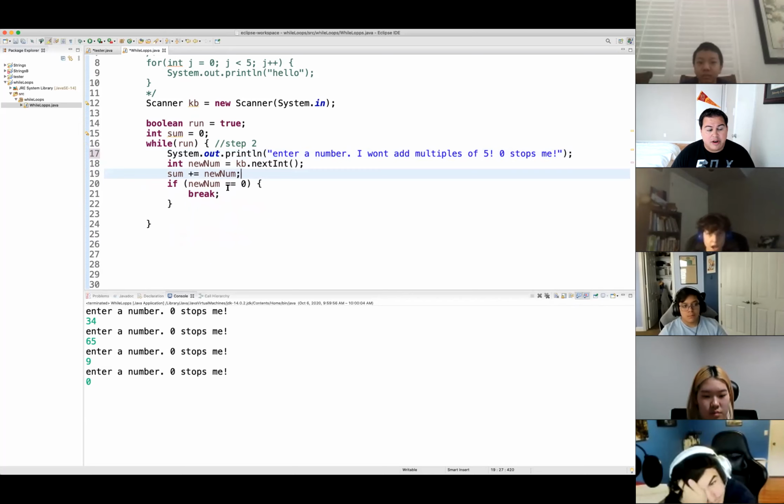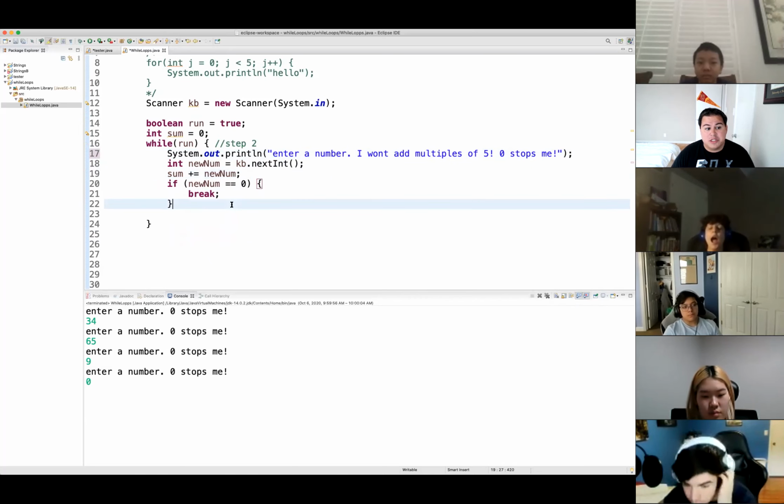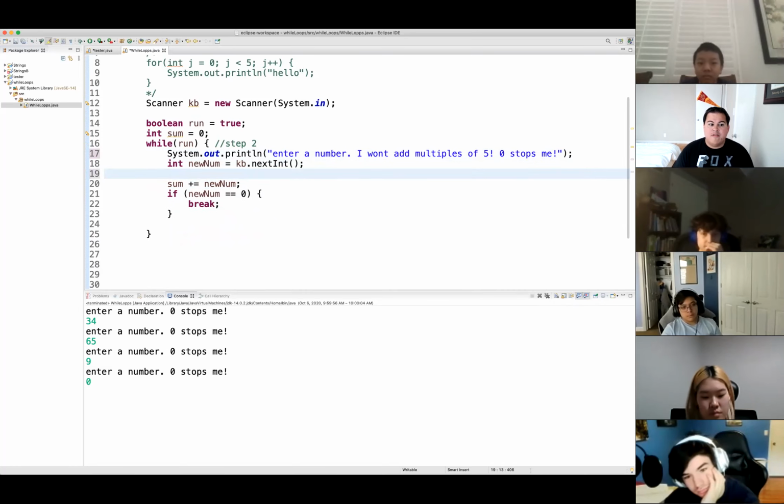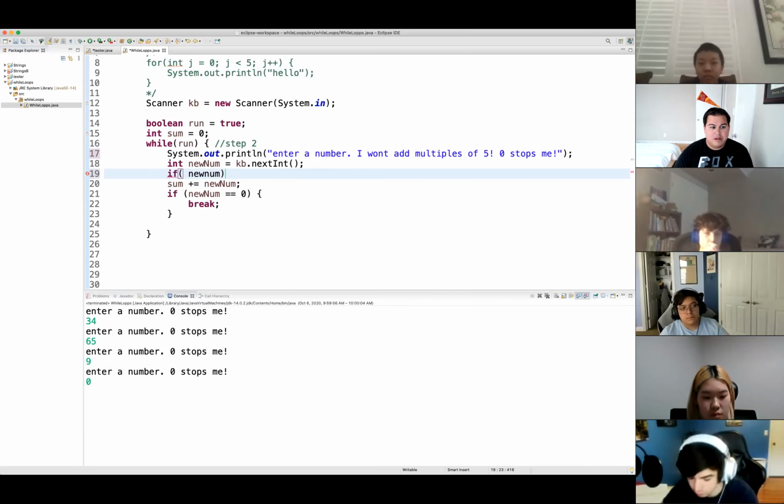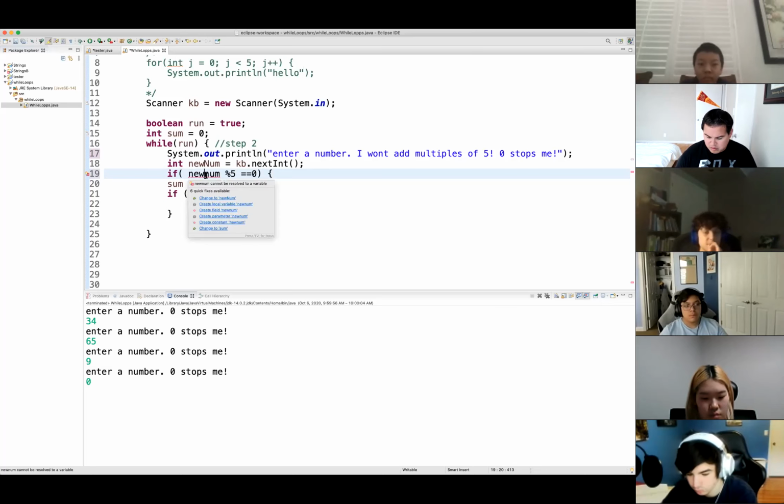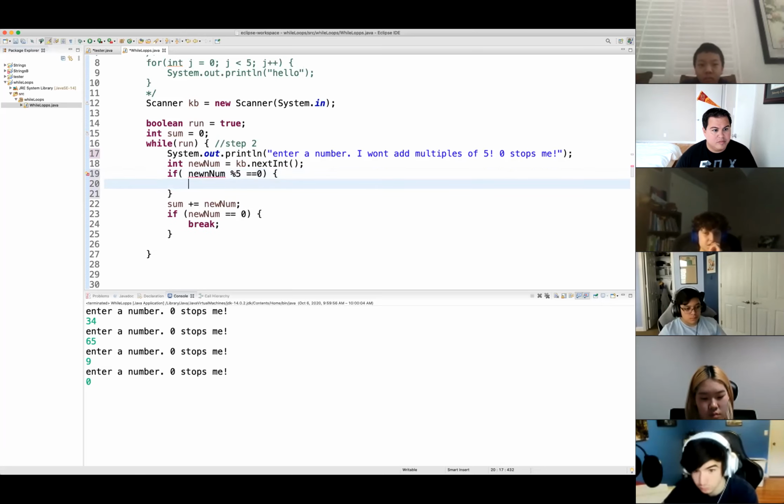If newNum is equal to 0, now what we're going to do is this. Before we add, we are going to say if newNum modulo 5 is equal to 0.